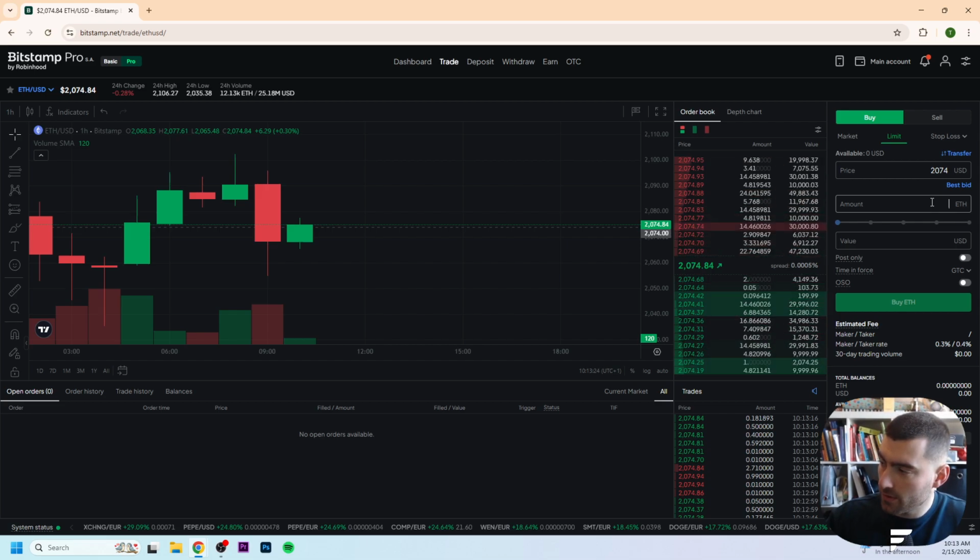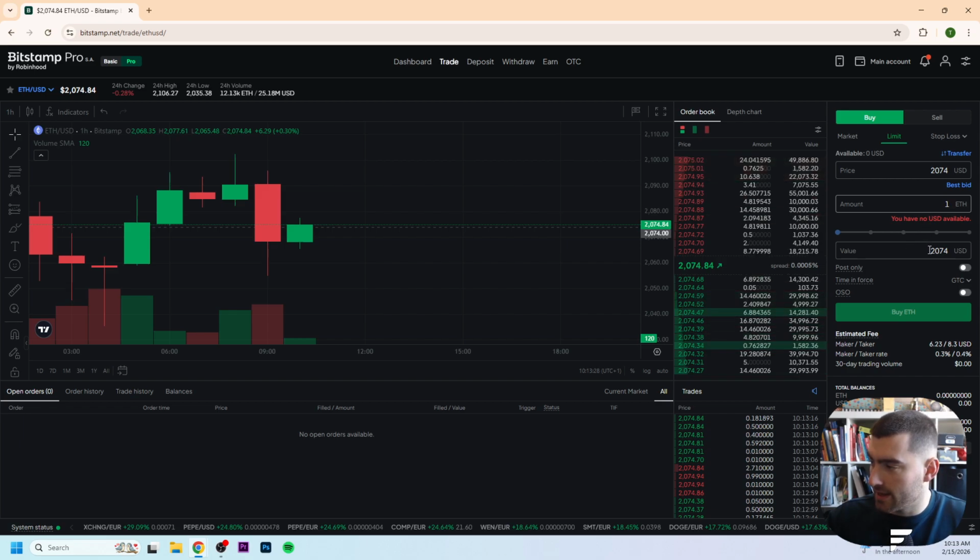Then right now we fill in right here the amount of Ethereum. So we want to buy 1 Ethereum, and that is exactly the value of 27.4. And then right now we just need to click right here on buy Ethereum, and then we create our position